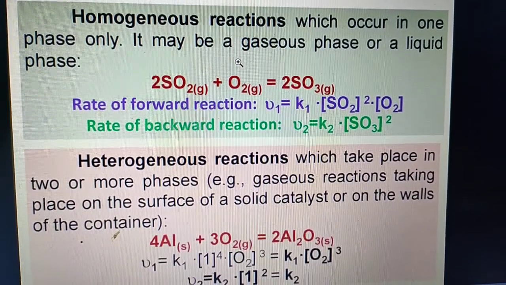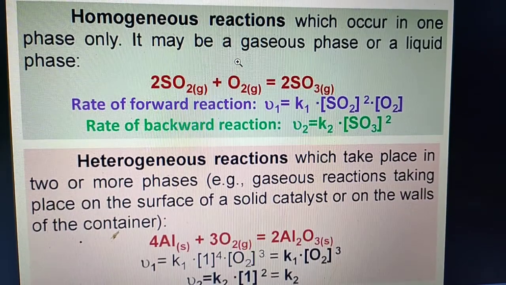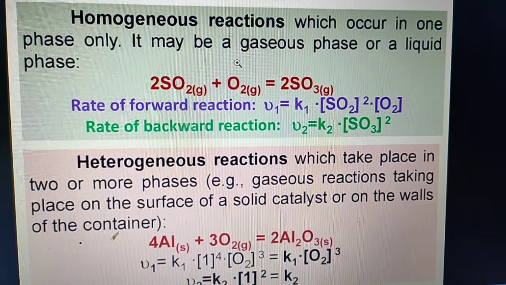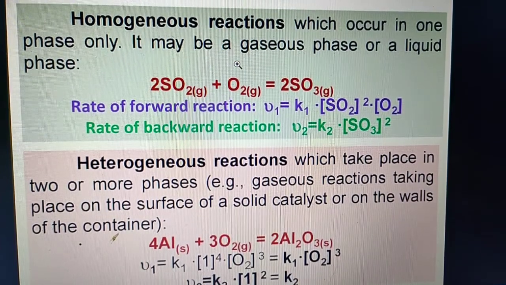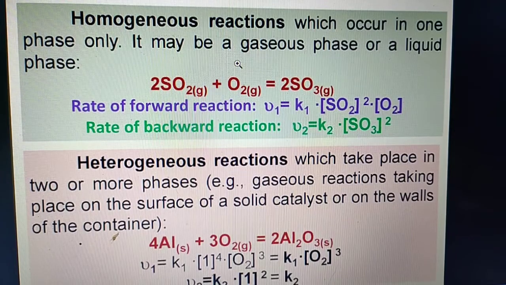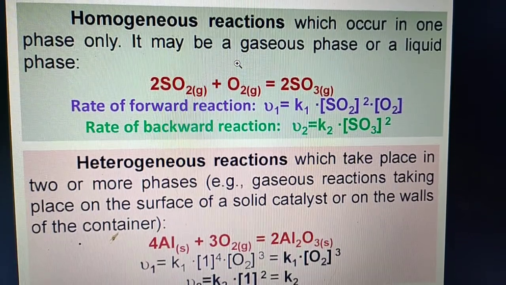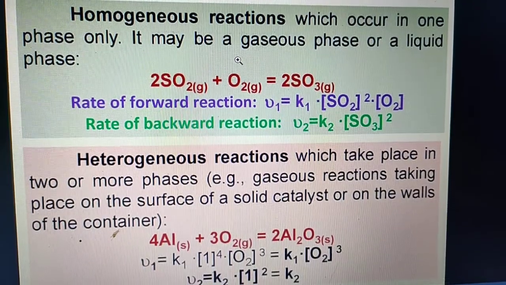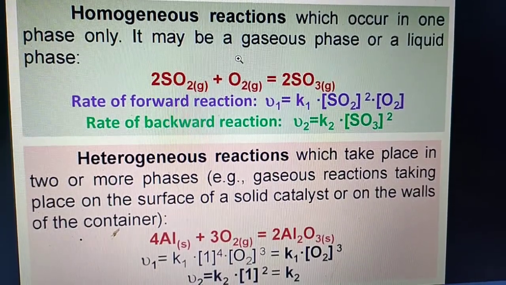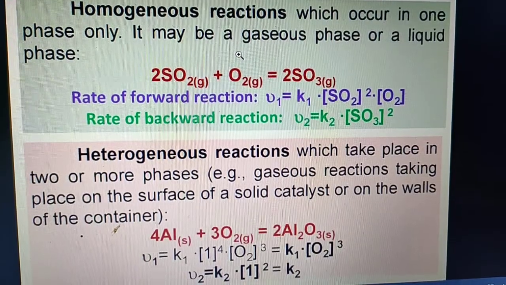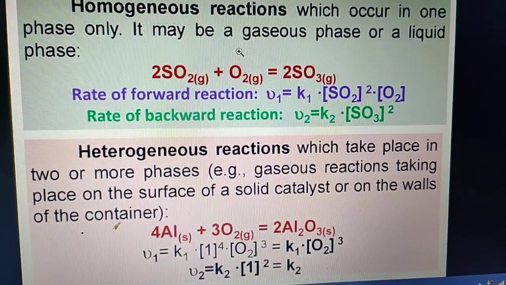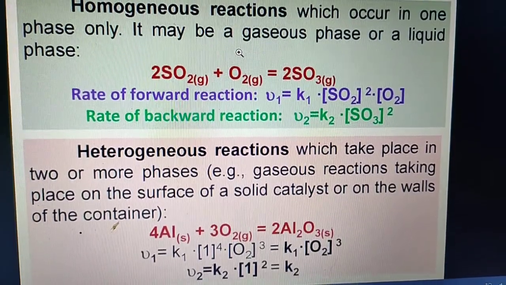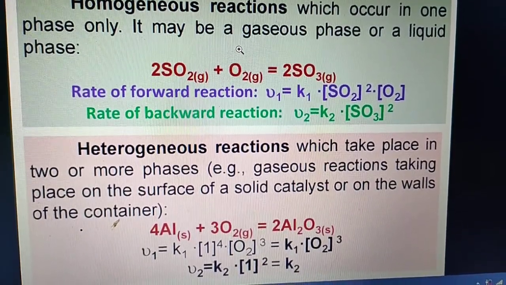So there is a large variety of chemical reactions. Many chemical reactions show differences in common. There are some characteristics which differ from one reaction to another. So based on those differences, the most common reactions are classified, you can see in your book, on the basis of the following 4 factors.